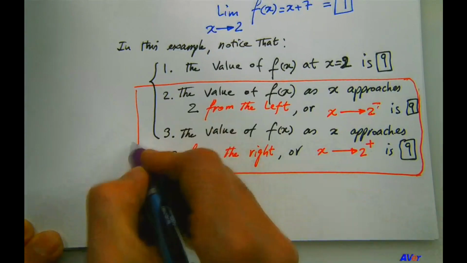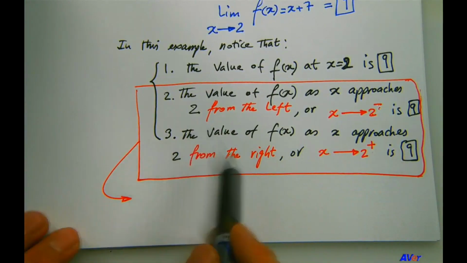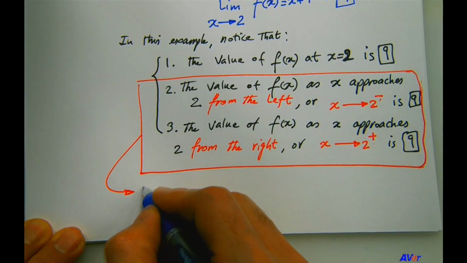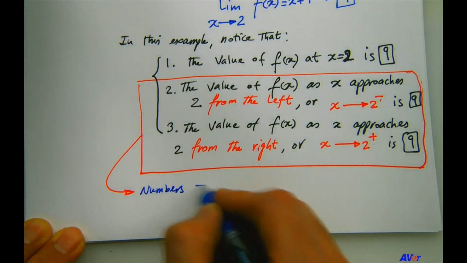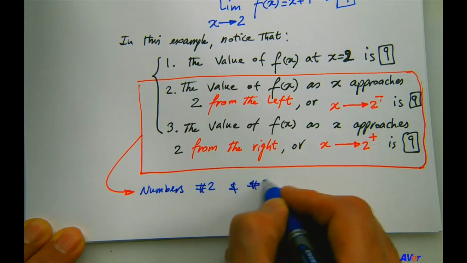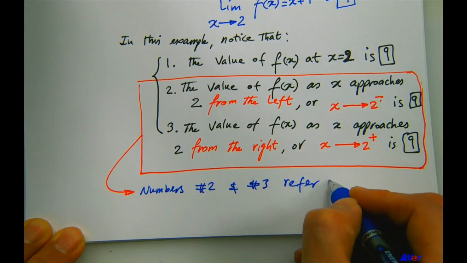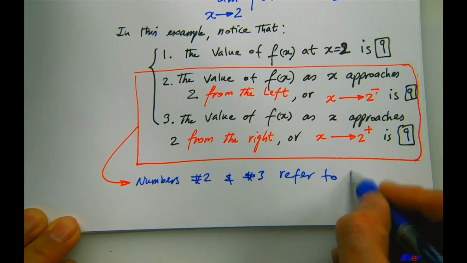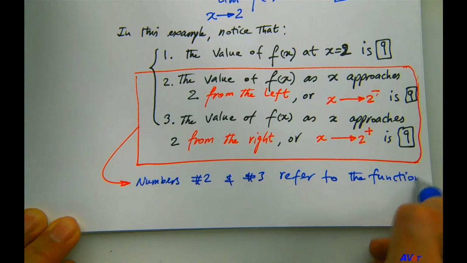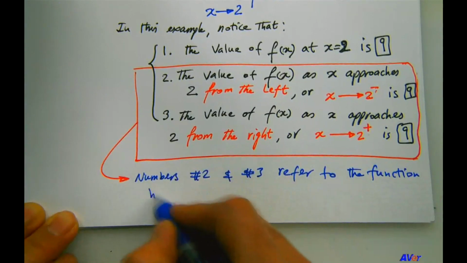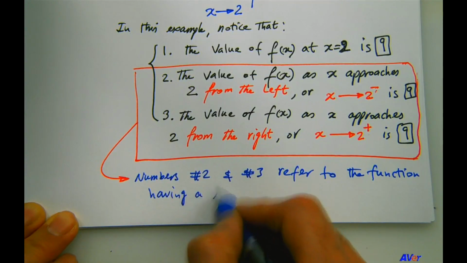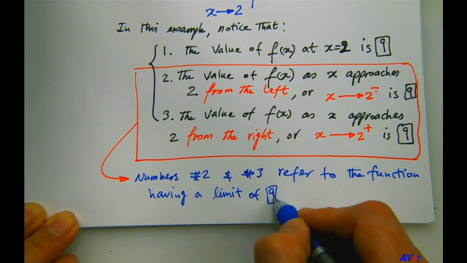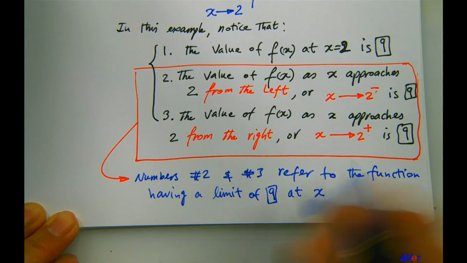So let me just add a statement here that these last two, numbers 2 and 3, refer to the function having a limit of 9 at x, or as